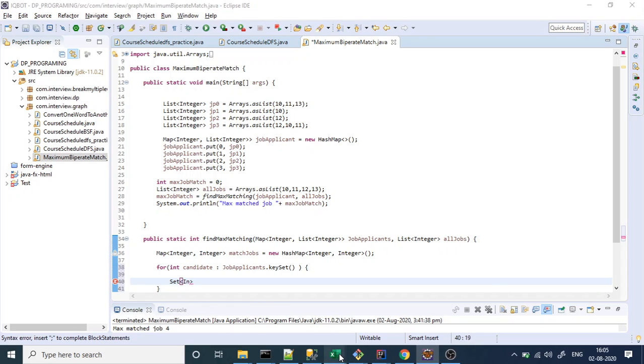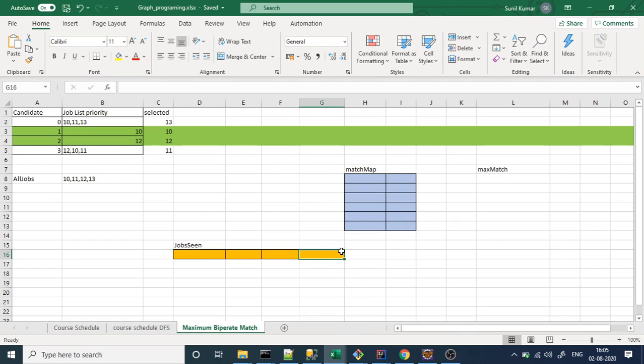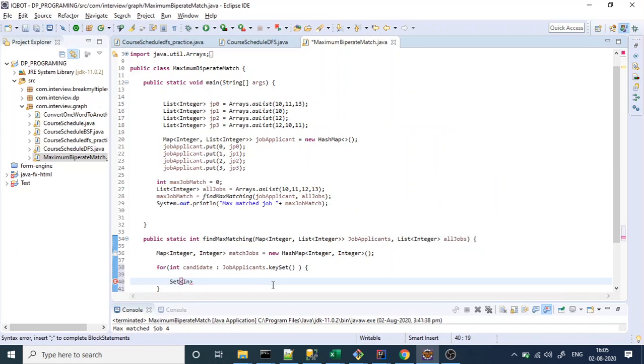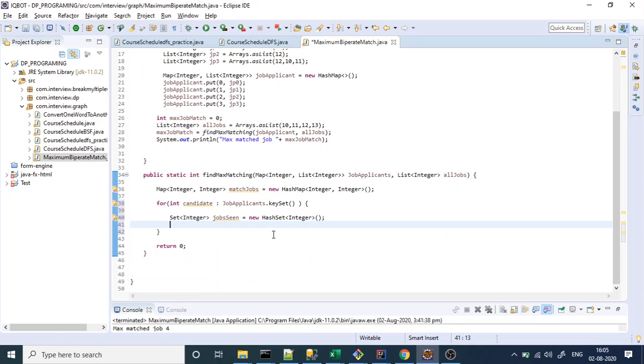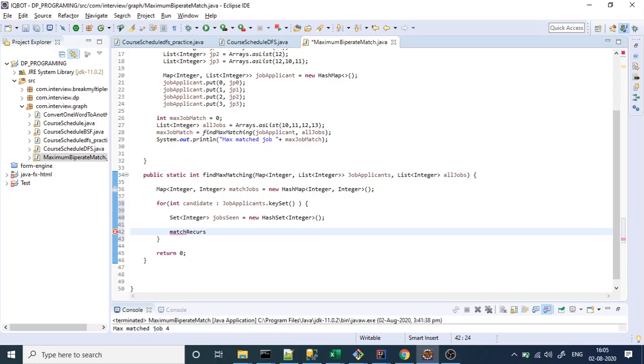Like I was saying, this one is basically jobs. So how will they take care of seen equal to new HashSet? And after that, what I am saying is that recursively we will pass this value to the next function. So in the next function I call matchJobsRecursive and pass the candidate,